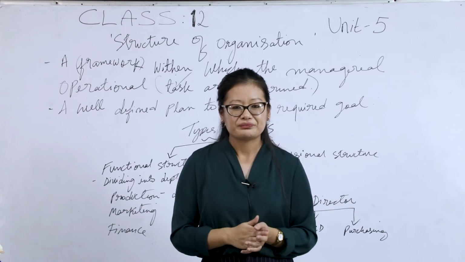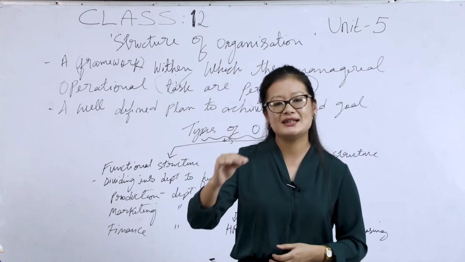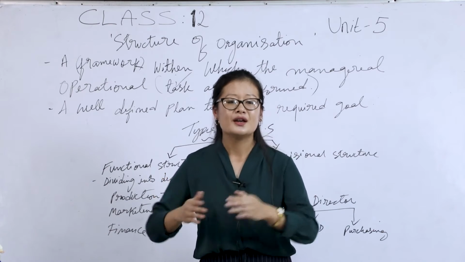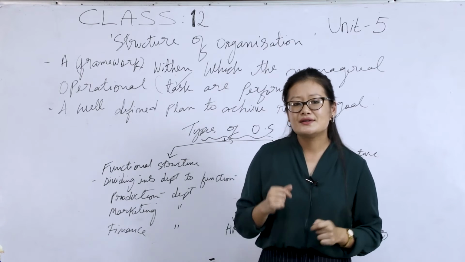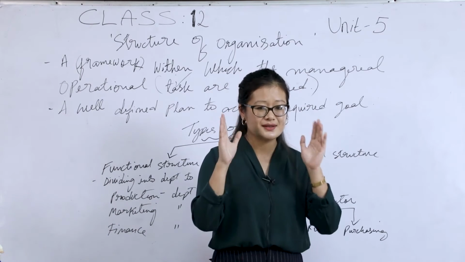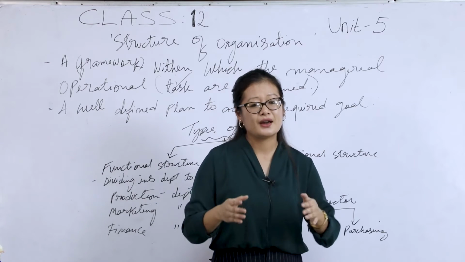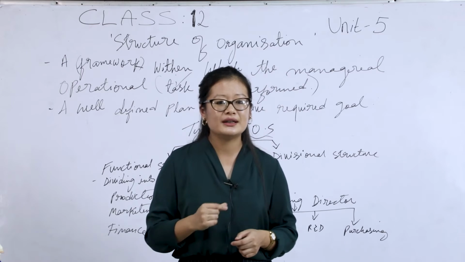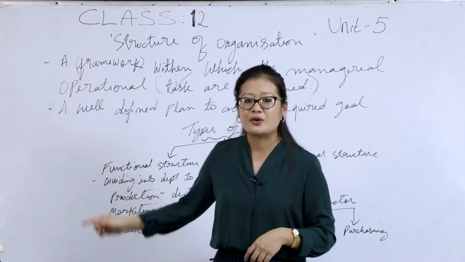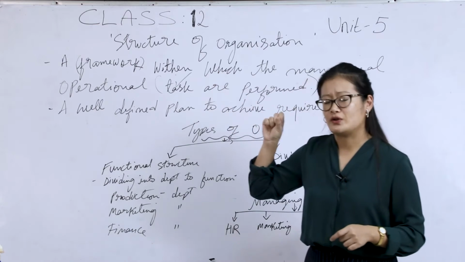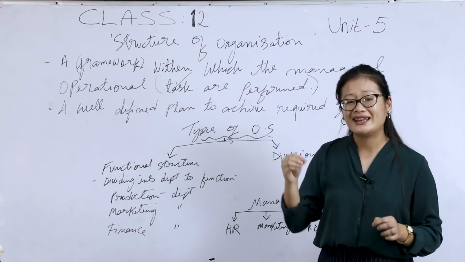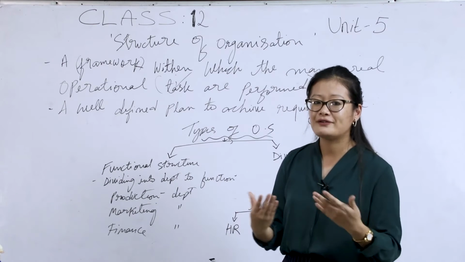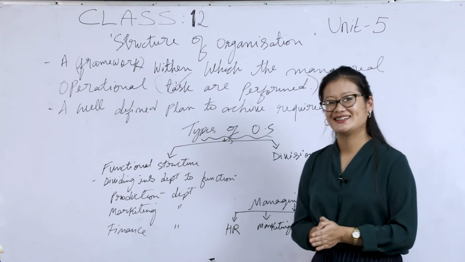So likewise, the principal will also delegate some of his work to the vice principal, and so on. So even under the institution, there should be a certain structure, they have to function in a certain structure so that things run smoothly. We are talking about the structure of an organization. Under an organization, they also need a certain system, a certain structure in order to have a free flow. Did you get it?